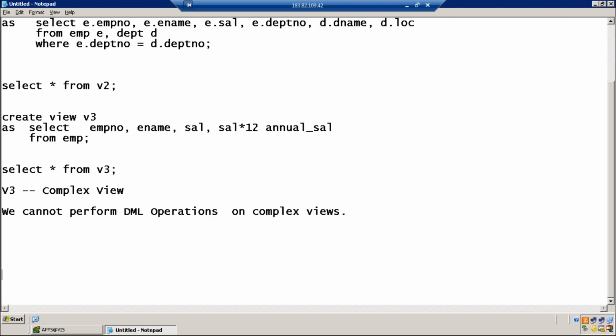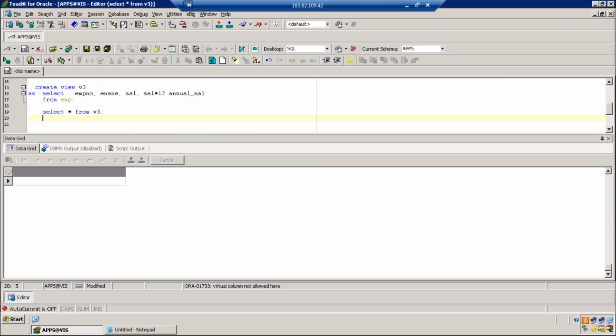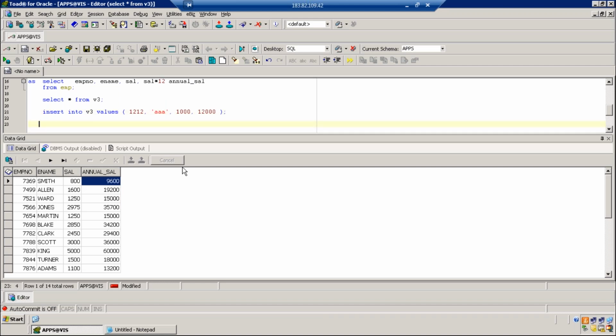Am I clear? I'll give you one more example of a complex view. But without the 4th value, will it allow? If you remove 1000, 12,000, will it accept?